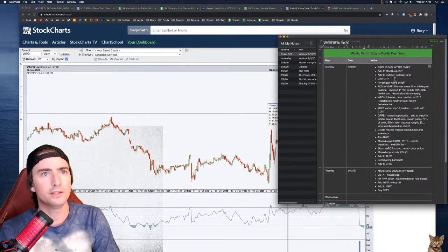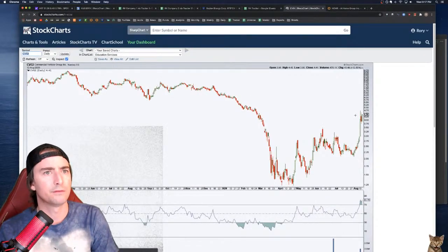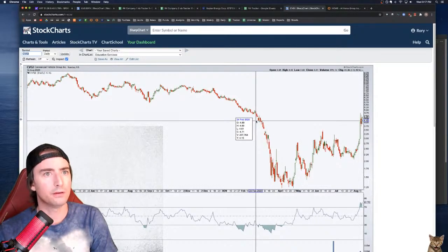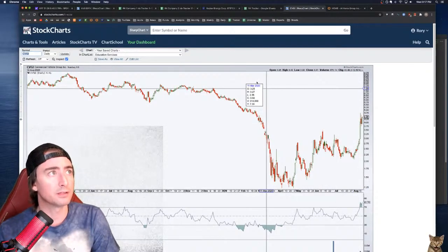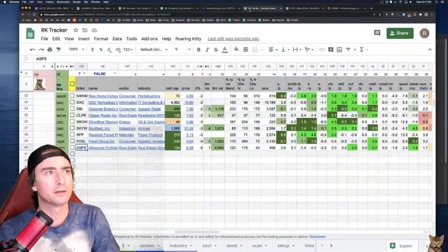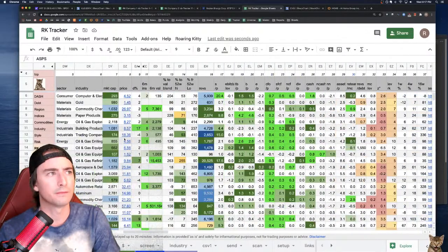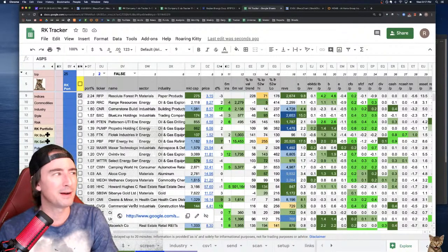Is there anything else? CVGI. Oh yeah, so CVGI holding up well, huh? That's good. Real good. Oh, it closed at a new near-term high here. Good. Okay. I was hoping to add more in the pullback, but it's already a good size. It should be a bigger position. How big is it? Oh, I hate the scrolling. It's almost 1%, which isn't bad, but it should have been about